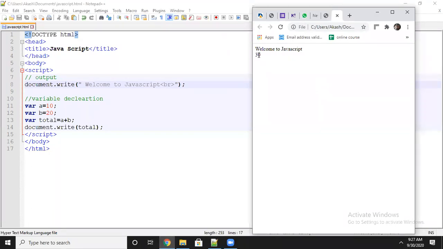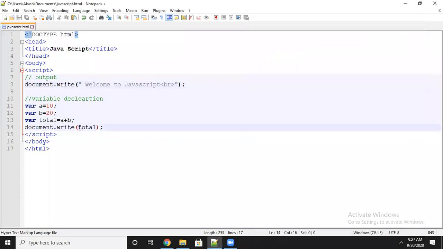If you want to add any string before this, like 30, like sum or total, then you can add it. I will specify sum colon. If any value is coming directly in JavaScript, we have to concatenate it with the plus sign. The total value is coming from here.